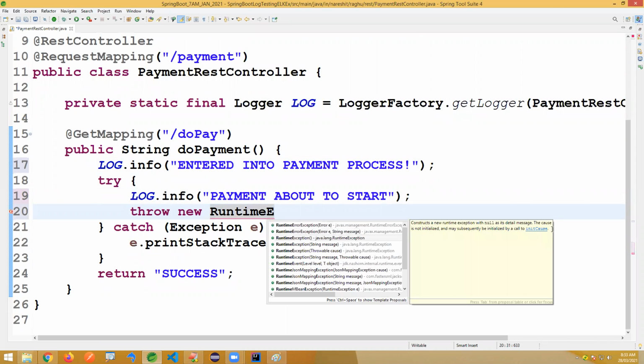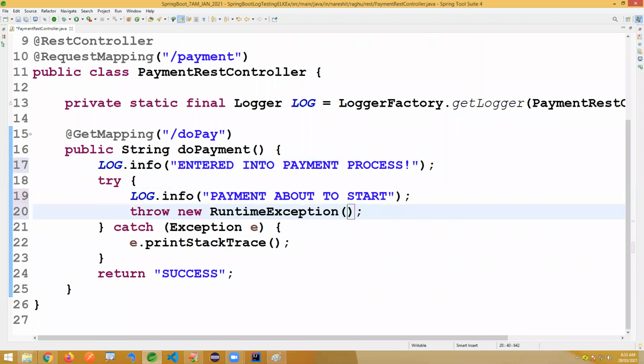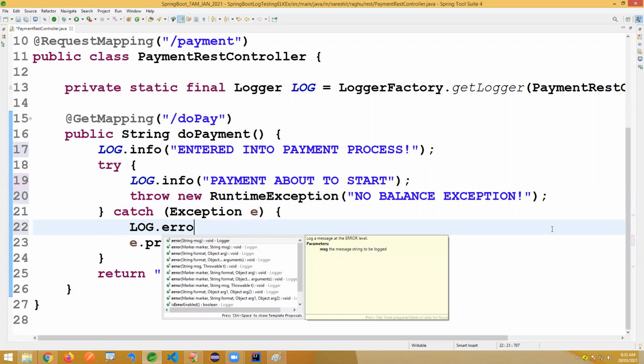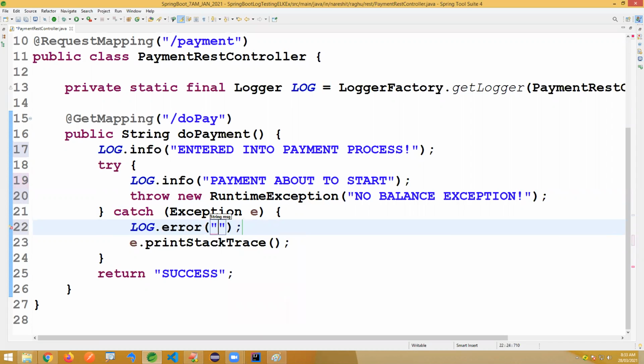You write some code, you create a custom exception like insufficient funds. You can create your own exceptions also here. No balance exception, I'm just writing like this. Just printing the log lines here, log.error, unable to process payment.